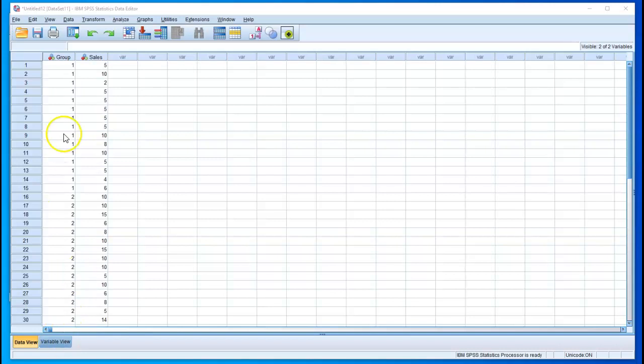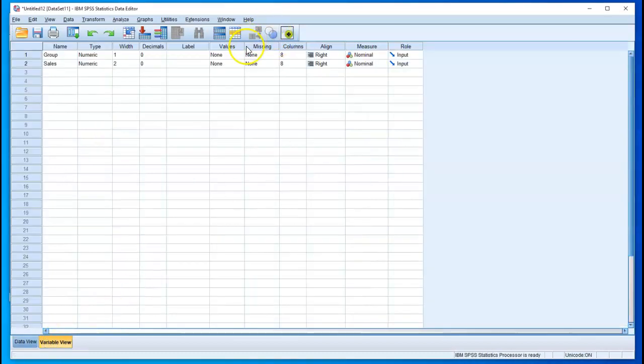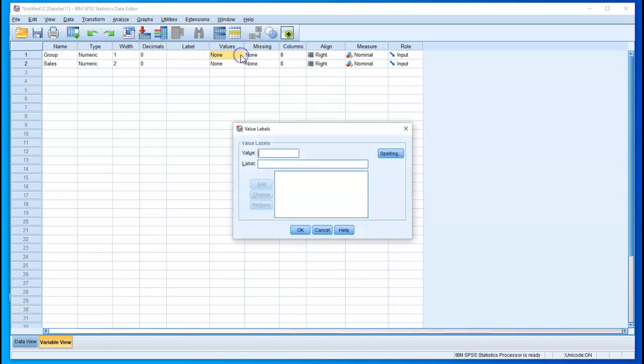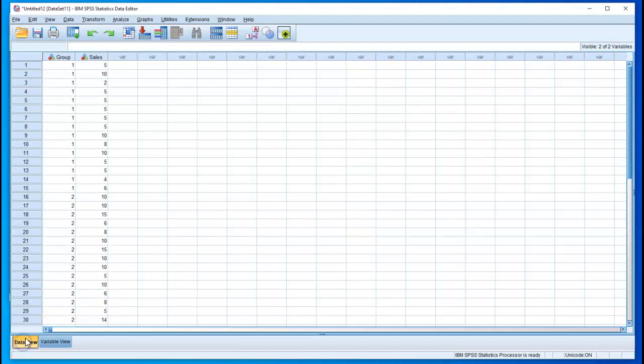Okay. So we have group 1 is our low anchor group and 2 is our high anchor group. So we're going to start by labeling our variables under the variable view tab. So click on variable view, and then under values, for the group, we're saying that 1 is the low anchor group. These are the people who are told that it is $5 for $5. And 2 is our high anchor group. These are people who are told that it is $10 for $10. We want to know if sales are different in those two groups in terms of how many on average people bought per transaction. Okay, so we say okay there